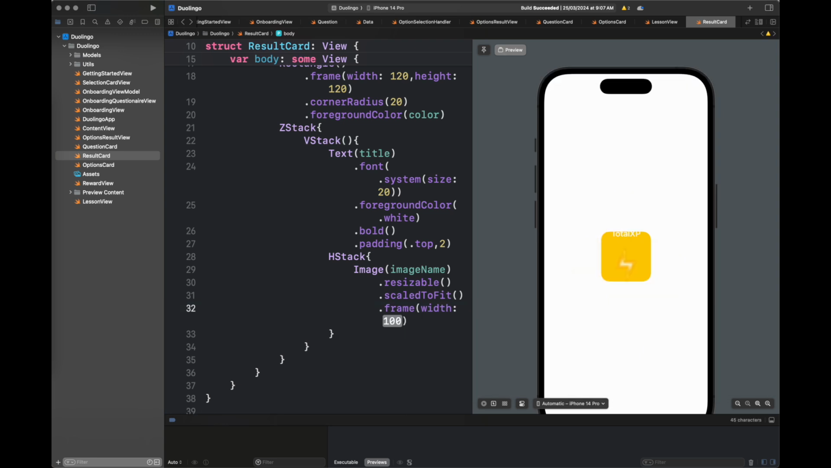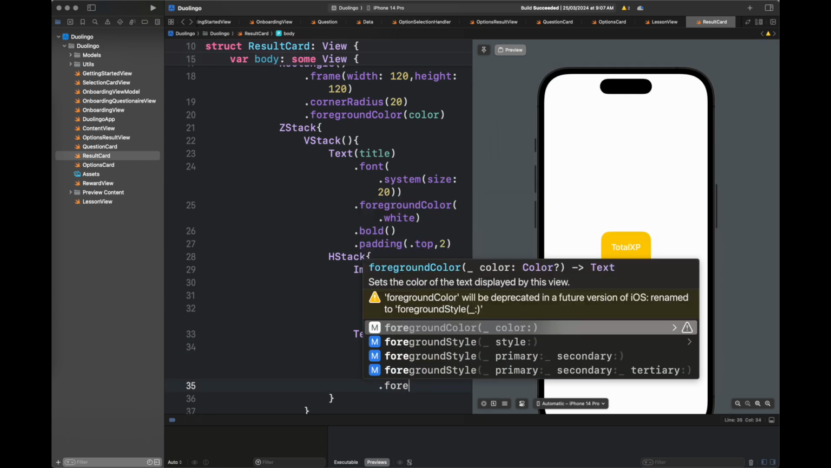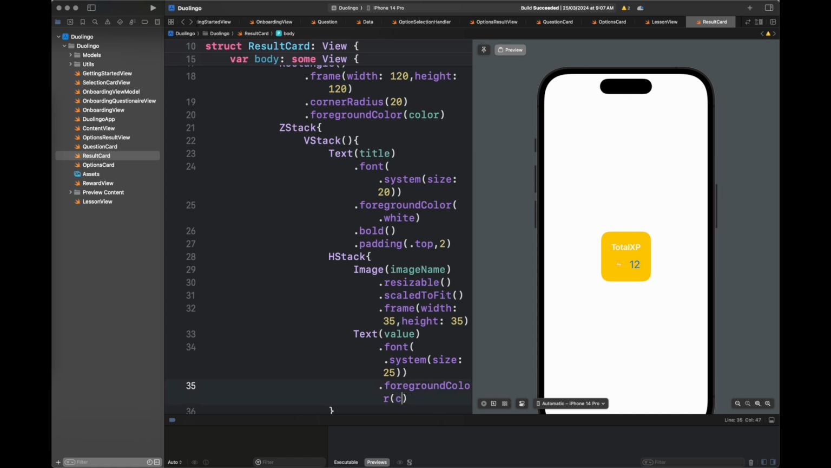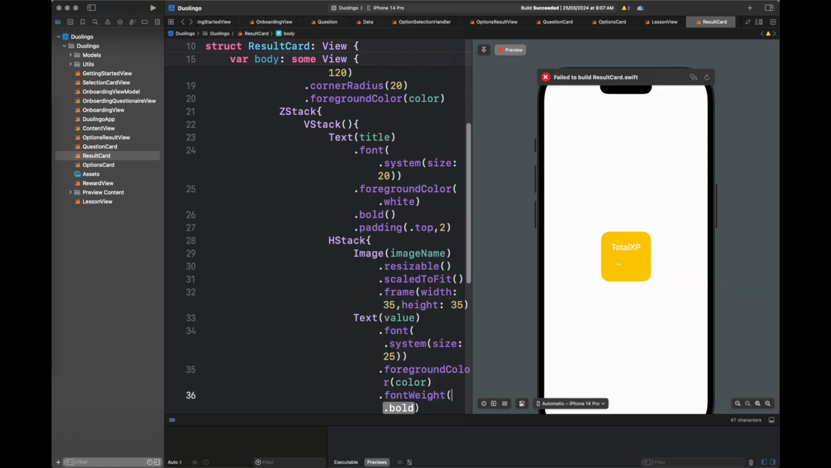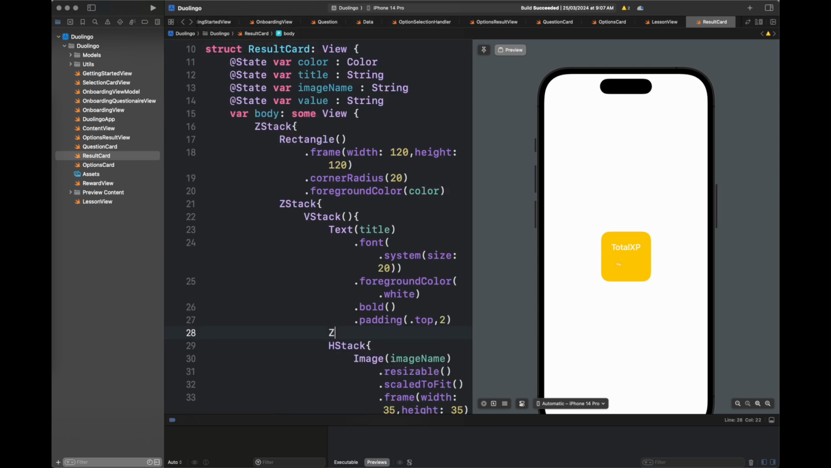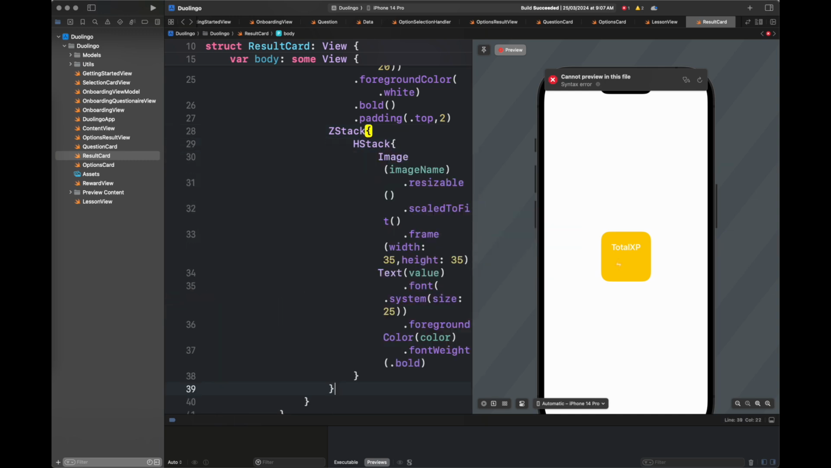So this is the H stack that I've added, and you can see that the view is not that visible. This is due to the reason that we haven't added the rectangular background on the back of this H stack, which I'm going to add here after completing this H stack. So here I'm passing the color inside the text as well. So here I am encapsulating it inside a Z stack,